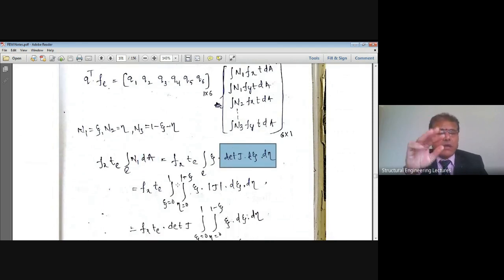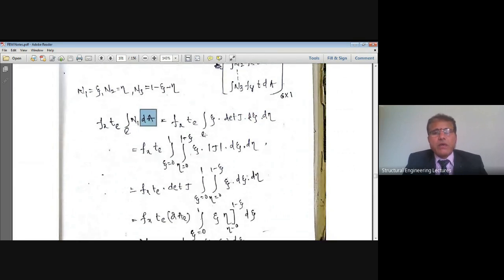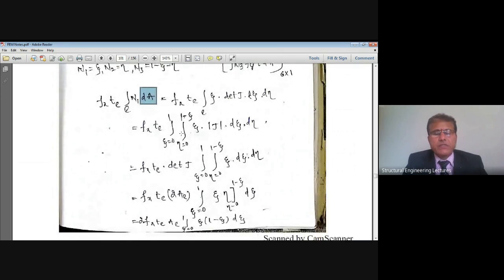That is how the next use of the Jacobian is that it can be used. We have even seen that area can be written in terms of the Jacobian, right? A is equal to det J by 2. I'll use that one. Therefore, dA is nothing but det J multiplied by d xi d eta. Therefore, the Jacobian matrix helps in transforming the areas from the local coordinate system to the global coordinate system. Hence, that is why it is called a Jacobian of transformation.